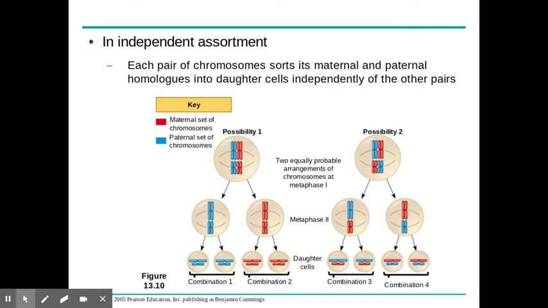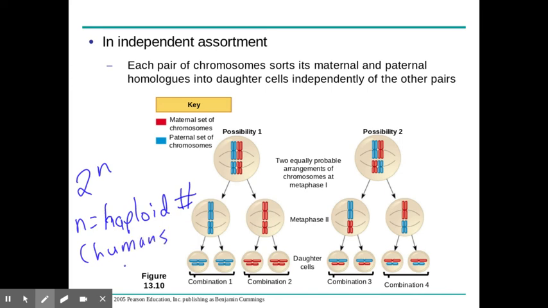How did I figure that out? Well, essentially, the formula is 2 to the nth power, where n is the haploid number of the organism. Let me write that down for you on here. This is an important concept, and you'll see it on the test. So the formula we have here, again, is 2 to the nth power, and n equals the haploid number of that organism. So for humans, that equals